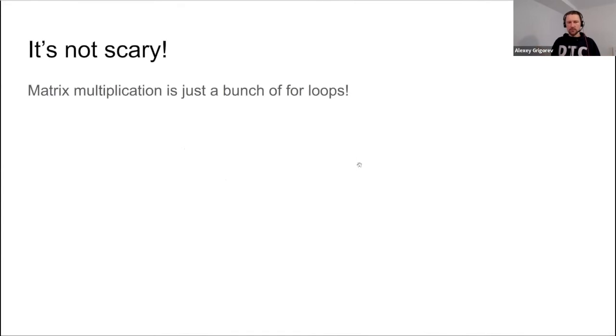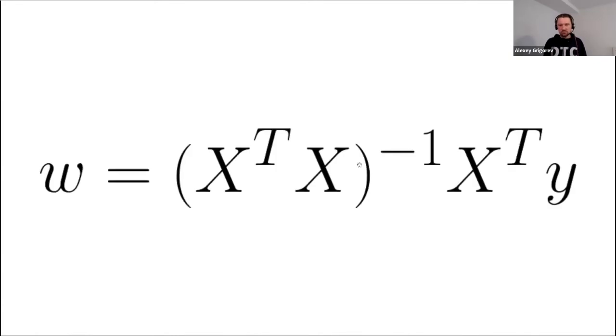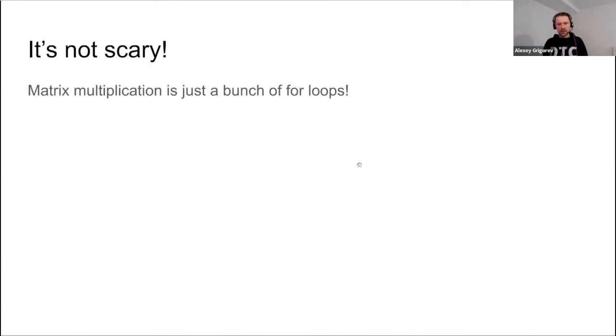Actually, I have a next slide about that. You need to convince yourself that all these things you see in math are nothing else but a bunch of for loops. And you as developers already know how to deal with for loops. I bet every day you write 10, 20, 30 for loops. So implementing this matrix multiplication in terms of for loops shouldn't be problematic. Once you see that this is just for loops, it becomes less scary.